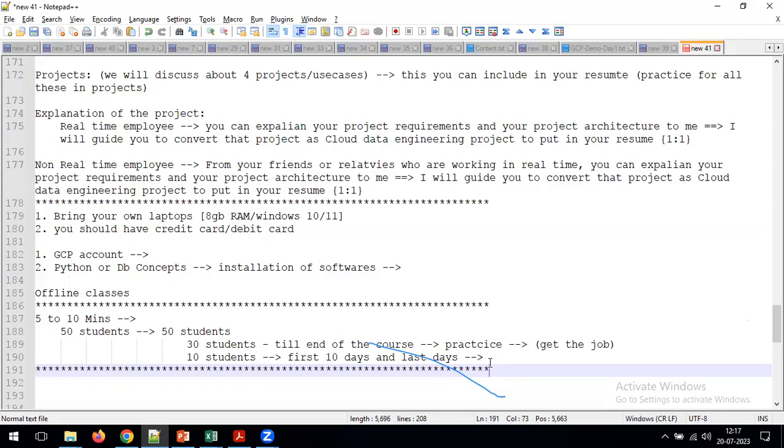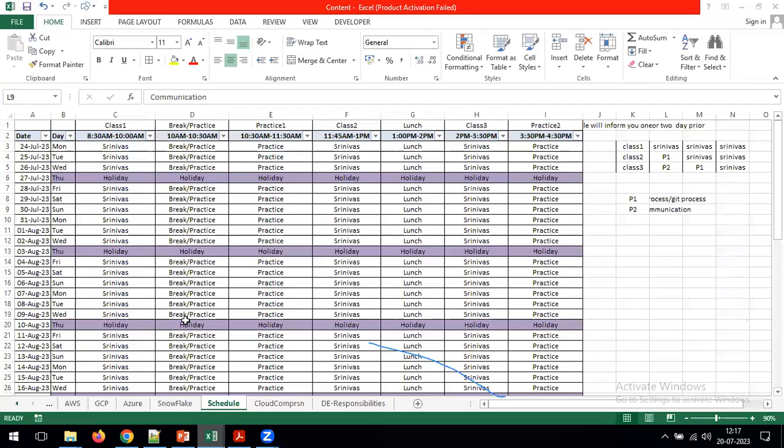Okay, sir. Okay, thank you. Sir, continuing with the same question, I just wanted to check because the working hours and the class timings are conflicting. That's the reason I mentioned the timings here. 8:30 to 10. As per my knowledge, companies will start at 10 only. Yeah, some companies might start at 9 or 10. I can agree. But here, you can take 3 classes.